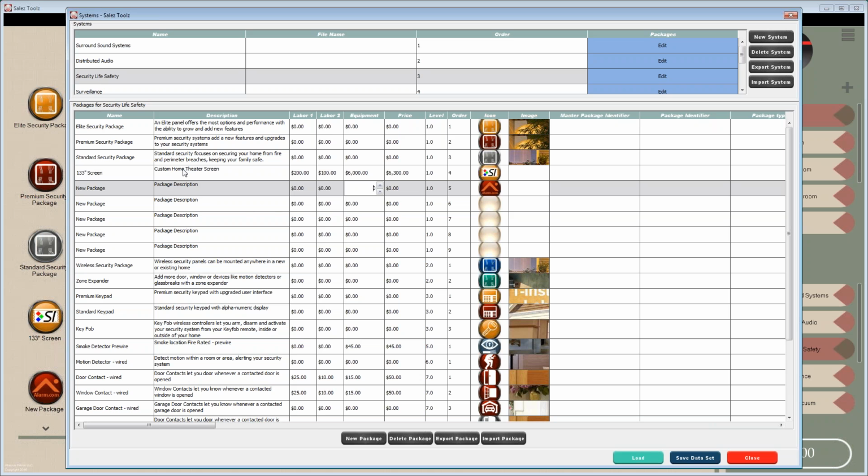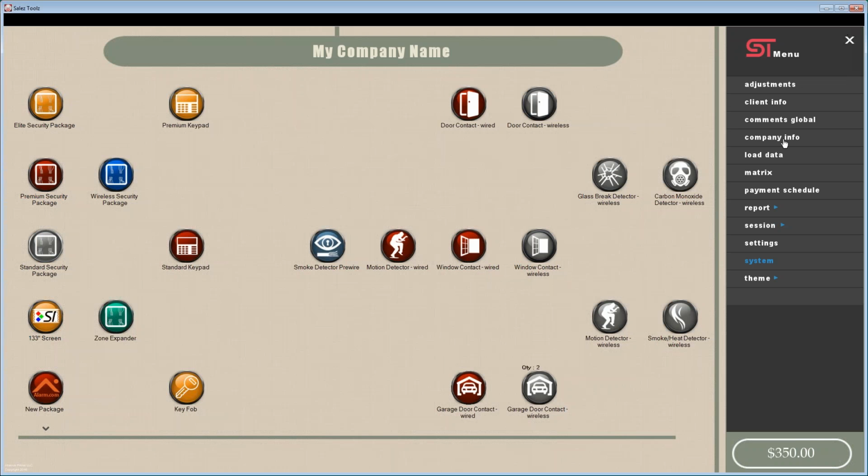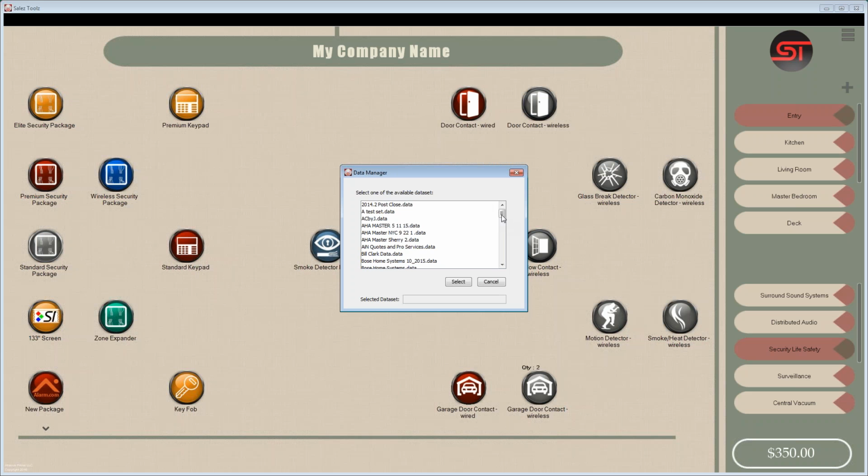And the way you guys can figure this out is look at your last 10, 20 bids. Decide what you've already sold, reference that to build these packages. Once you understand how these packages come together, you're going to build these pre-engineered systems and you're going to put those together to create things you want. We are right now working on a new data set that we call Theater Builder, and I'm going to go ahead and load up another data set here. Remember, you guys, you can have as many data sets as you want. So I'm going to go down here and grab, let me see, I think systems integration